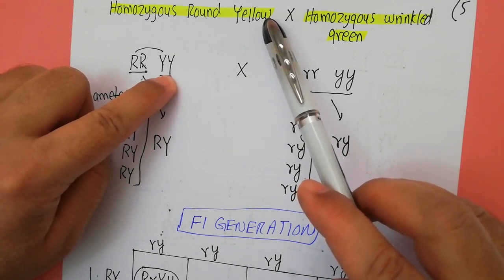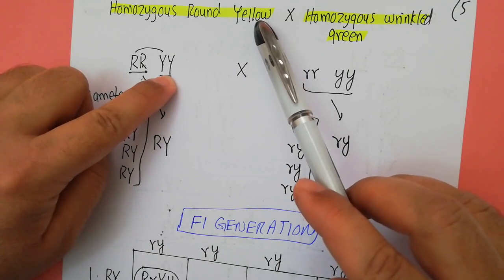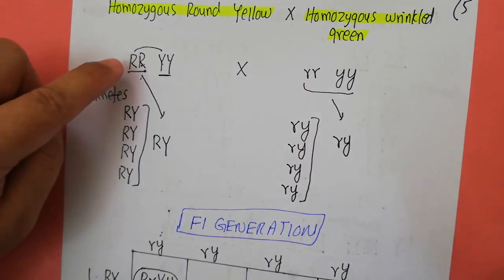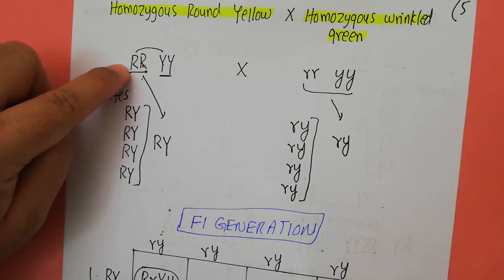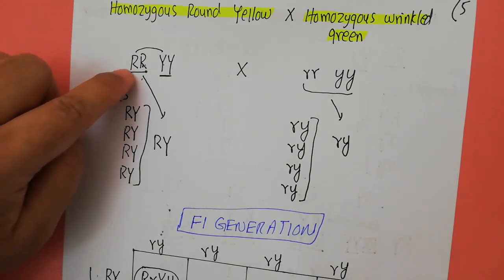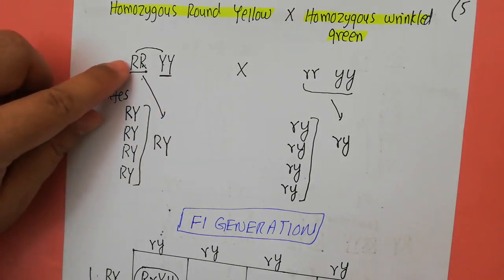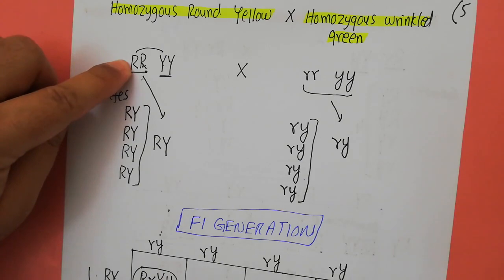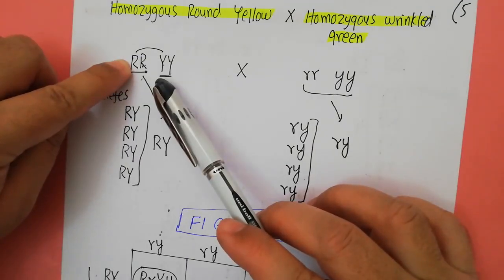color of the seed. And as he said in the principle of segregation, during the gamete formation, the members of a pair get separated from each other, and one gamete is actually going to get only a single member from this pair. So if you talk about the gametes of this particular parent, what you can see is that this capital R from this pair can actually combine with this capital Y from the other pair.